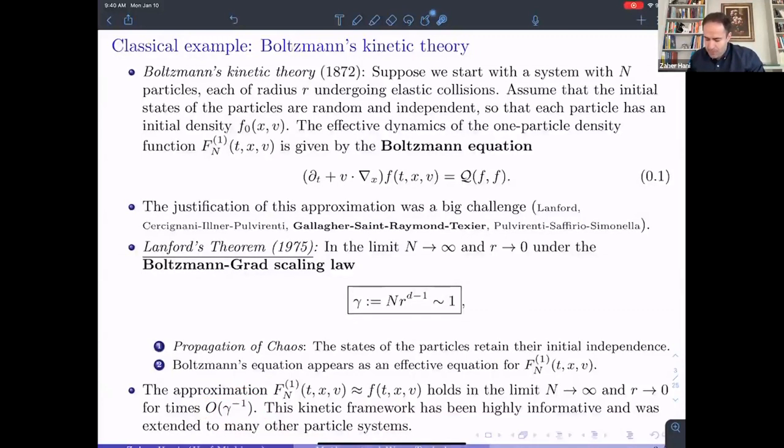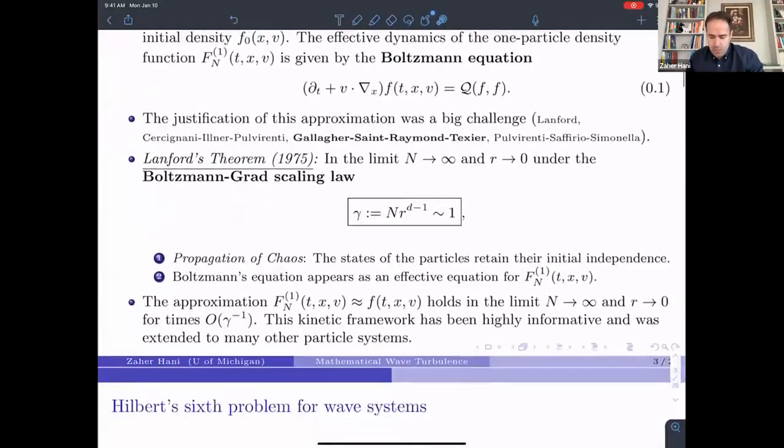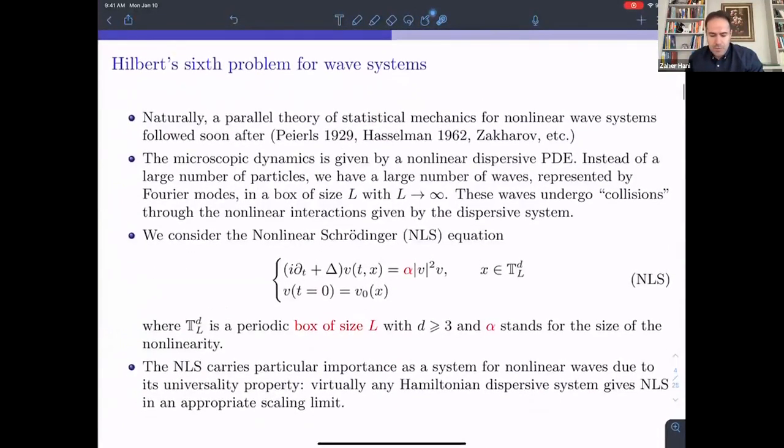So this kinetic framework has been extended to much more general particle systems, and the philosophy or the paradigm has been highly informative, and indeed was extended to a lot of other particle systems and gave a lot of other kinetic equations other than Boltzmann's equation. So what we'll be dealing with is we'll try to see what the wave theory analog of this particle